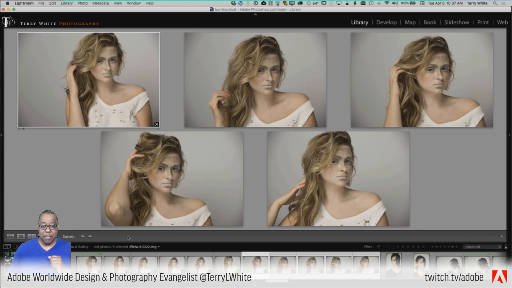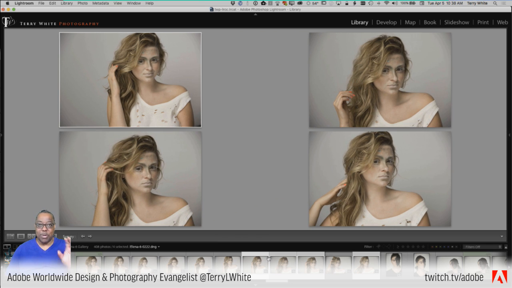And again, if I get rid of my panels, they get bigger. So now that I can see them all next to each other, I can start making my choices or eliminations. For example, I don't like her elbow on this one, so take that one out of the mix. Don't delete it. Don't mark it as a reject. Just take it out of this selection process. Each one has an X in the lower right-hand corner. Just get rid of that, and it will readjust the photos to show you the new grouping. The larger the monitor, the more stuff you hide, the bigger they will be.